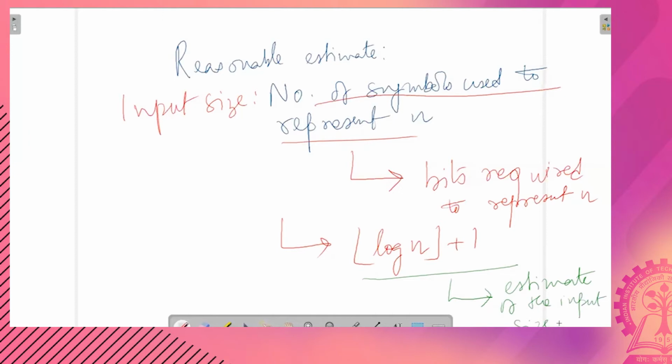Such kind of complexity analysis you will encounter in various places, where you have to be very careful about what the input size is. It might not always be the case that the input size is straightforward to see. So sometimes you need to be careful to find the correct estimate of the input size in order to do the algorithmic time complexity analysis.